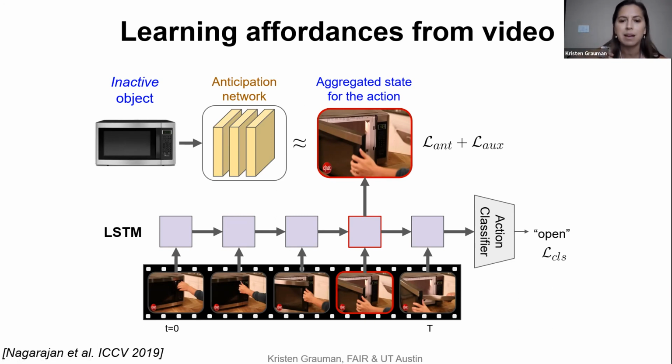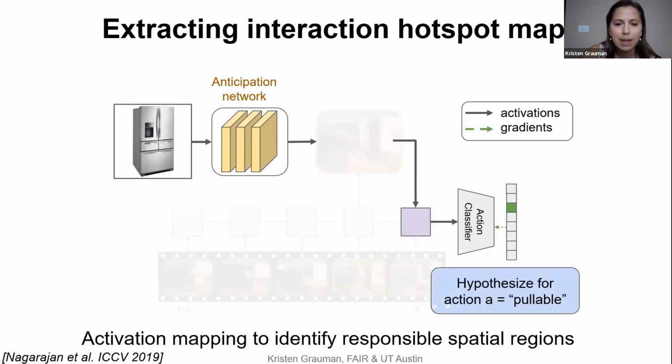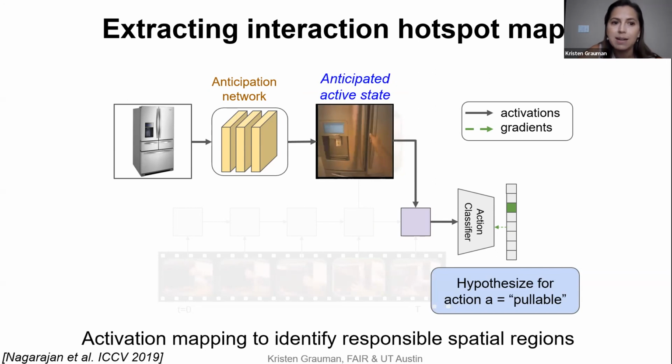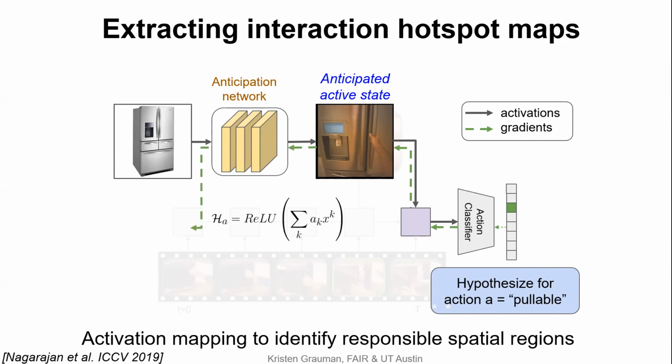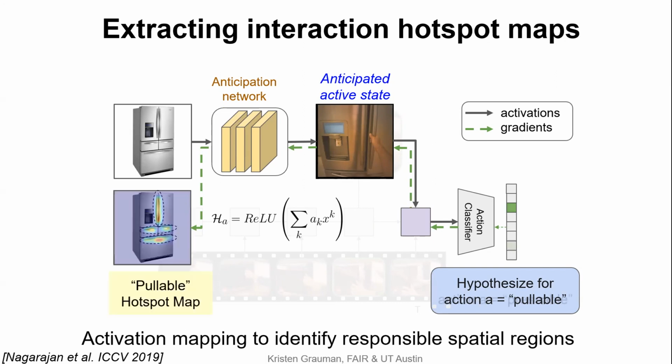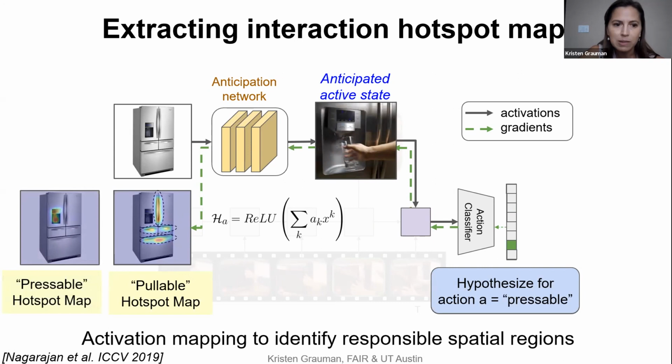And so we train models that understand actions, but furthermore understand how to anticipate actions that are possible given the object at rest. And when we do that, we can also localize the regions from the object image that are most responsible for that possible action. And we do this by what's called class activation mapping, going back to the image to see the regions that are most responsible for tilting that action decision. So for example, you could say which regions look pullable, which regions in this image look pressable, and we'll get back through these interaction hotspot models a heat map saying where those seem to be.